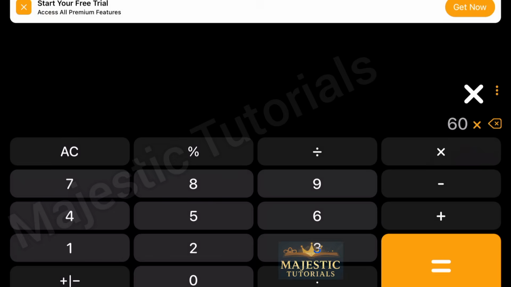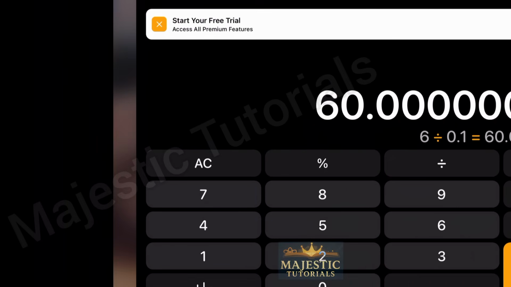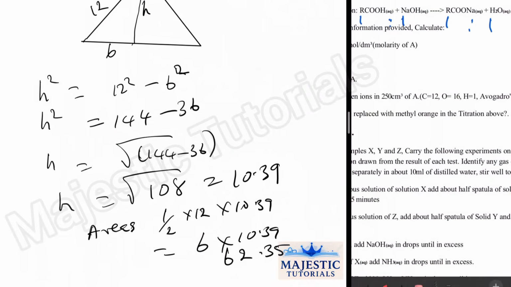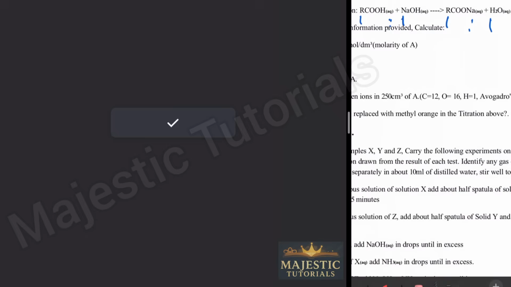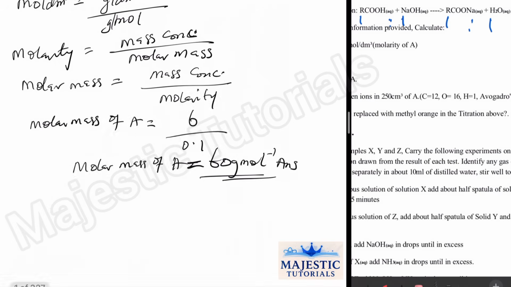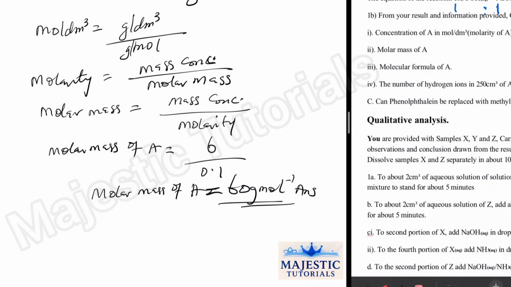6 divided by 0.1 is equal to 60. So I am very correct. So our answer here is 60 gram per mole. Then proceeding to BII, I said molar mass of